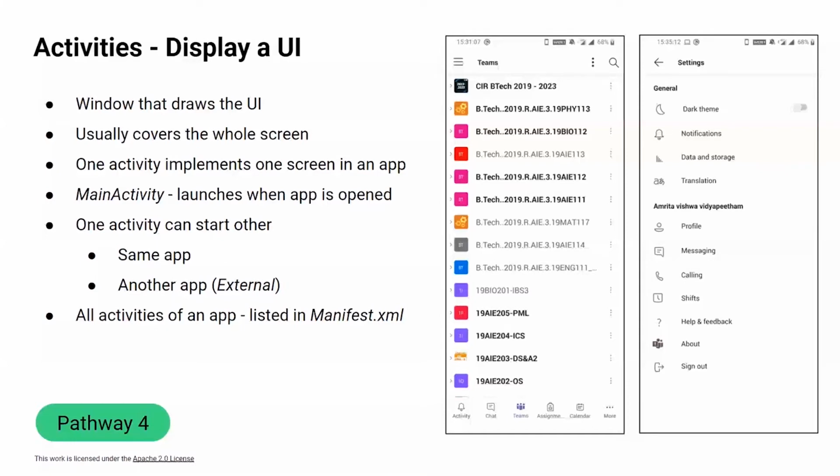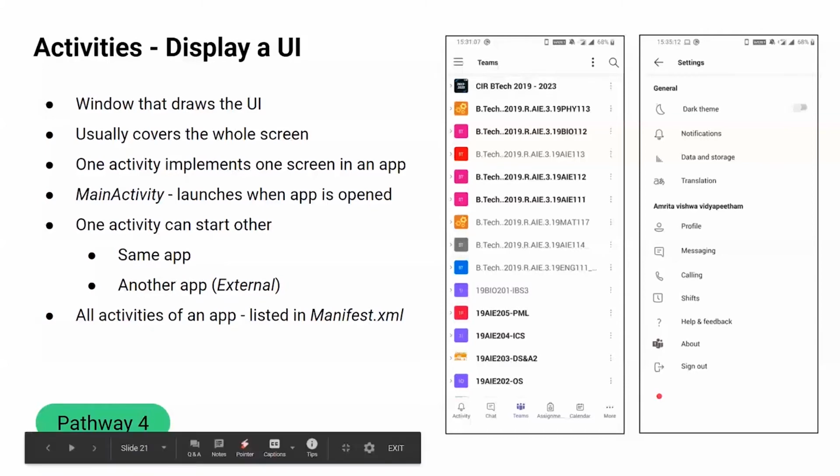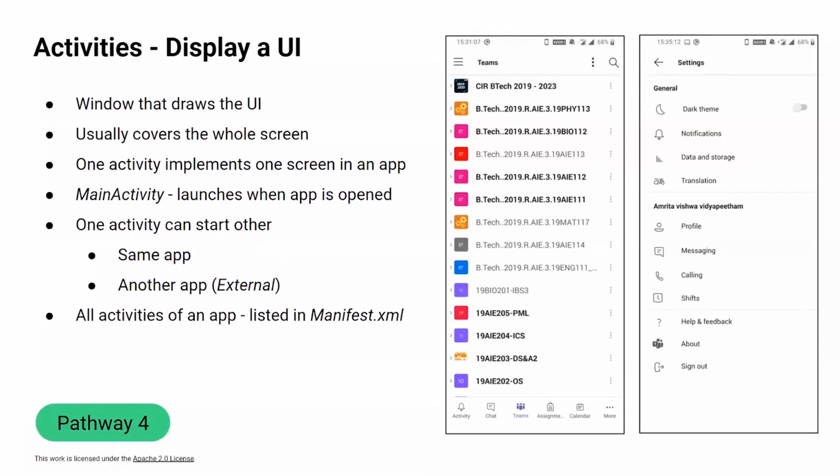Now, when you open an app, there's one activity that pops up by default. Or maybe in some cases, it could even be the activity you opened the last time you interacted with the app. The default activity for any app is called the main activity. If you take the case of YouTube, whenever you open it up, you'd be introduced to the home page or the recommended page, and that will be the main activity because that always pops up when you open the YouTube app.